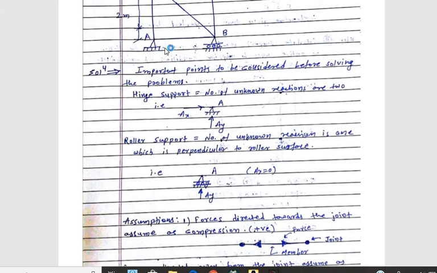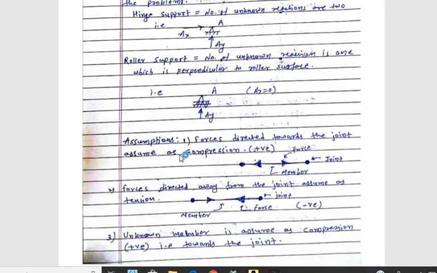Okay, so A joint is a hinge, so there are 2 reactions: horizontal AX, vertical AY. Now the roller support. The B support is the roller support. The number of unknown reactions at a roller support is only 1, and that reaction is perpendicular to the roller support, so it is vertical, like AY. AX is 0 because the roller is not a stable joint in the horizontal direction.